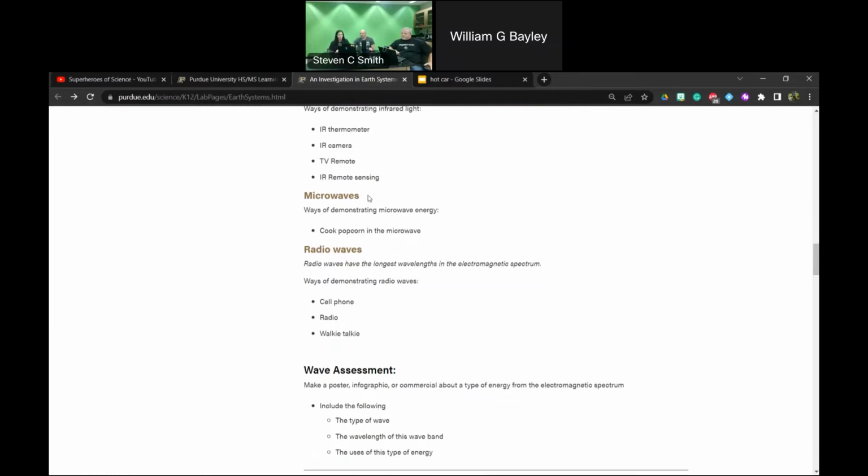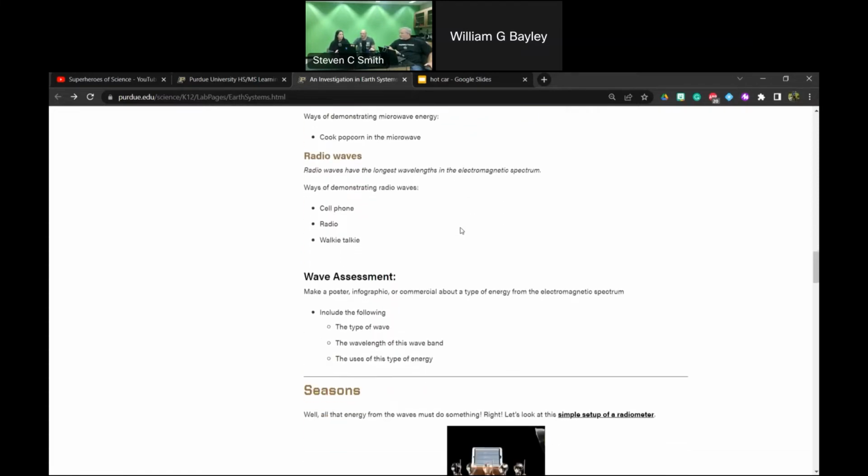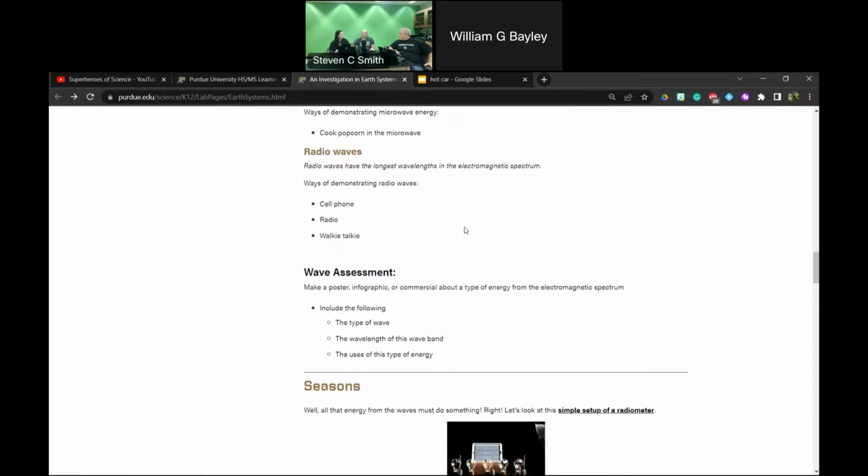But then moving on to microwaves. Let's face it, cooking popcorn in microwaves is the easiest way to do that. Video game controllers, IR. I think some are, but not all of them. A lot of them are. It depends on which platform and system you're on, because they have different ones that use different wavelengths, different bands, and so it really depends on them.